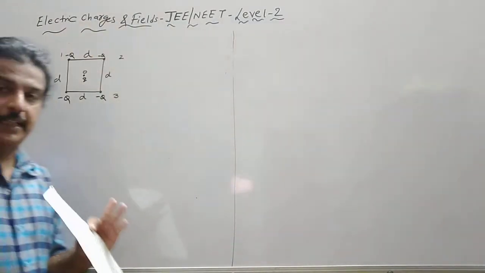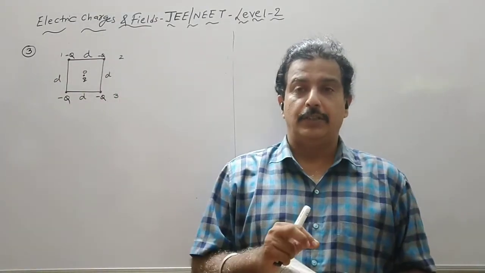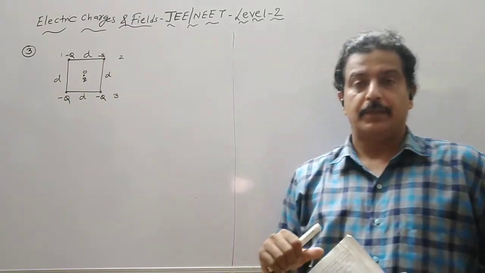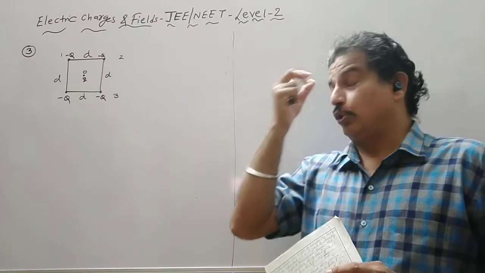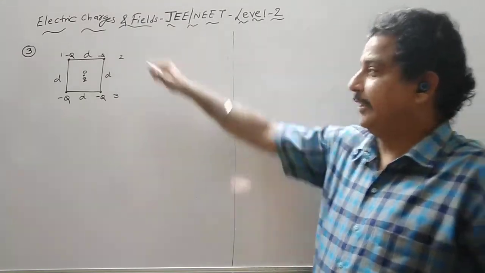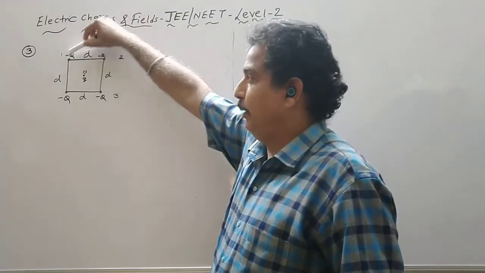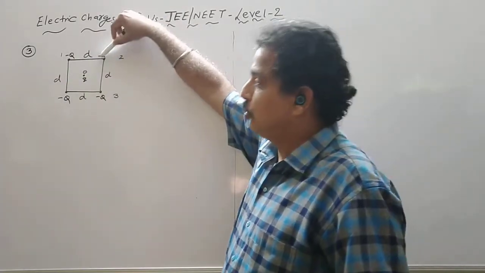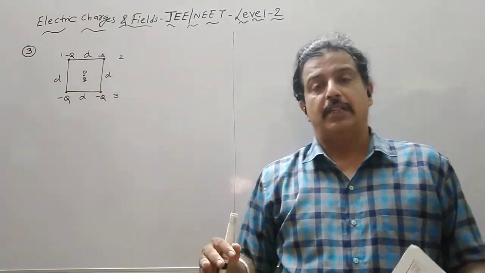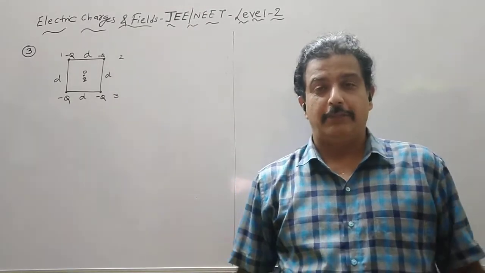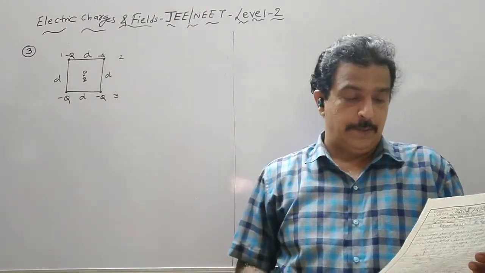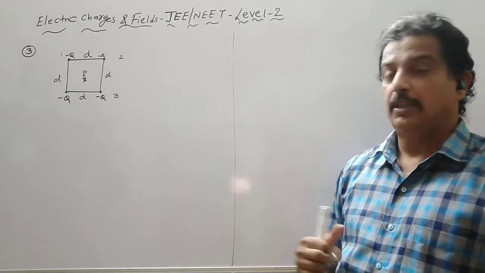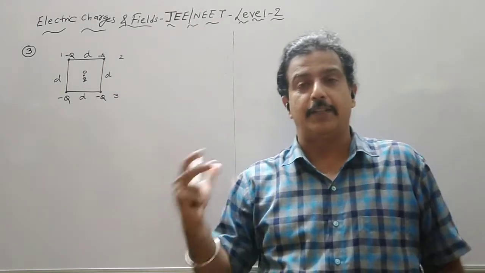Say if the system is in equilibrium, find the force on any one of the charges on the vertex. That is, the resultant force on that charge should be 0. Suppose I take this charge. It should be repelled away due to this force, repelled away due to this force, and it should be attracted. So if the system is in equilibrium, we have kept a small q charge at the center, and we need to find out the value of q. So the minus q charges, capital Q charges, are assumed to be fixed. They are assumed to be source.